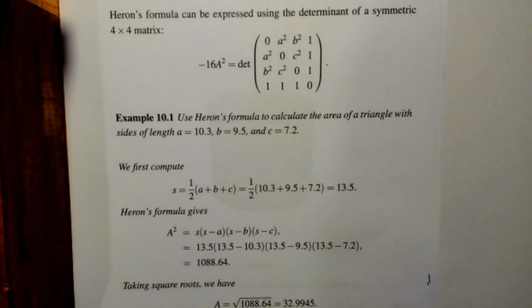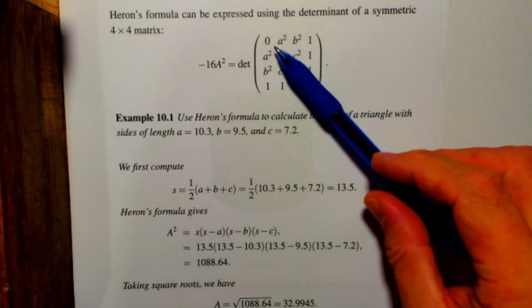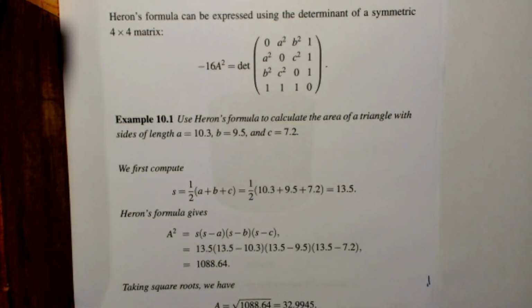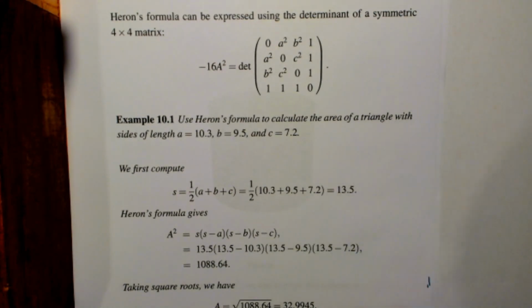Okay, so there's another way to express Heron's formula using a determinant of a symmetric 4x4 matrix. It's symmetric because if you transpose it, you have the same matrix there. But this is just incidental. So let's have a look at an example of Heron's formula to calculate the area of a triangle with sides